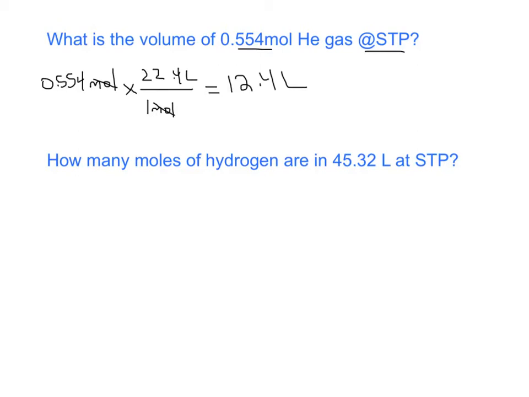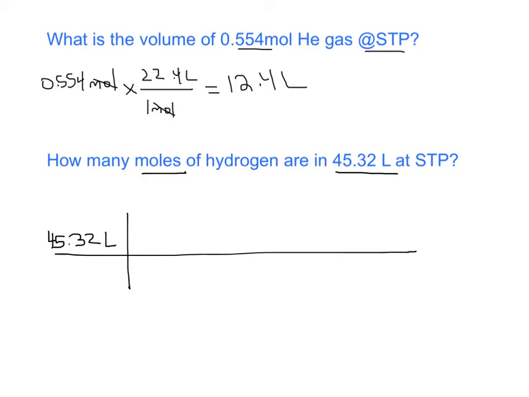All right, so now in the next one, we're going to reverse it. We're going to ask how many moles you have if you have this many liters of hydrogen gas at standard temperature and pressure. So again, we set up our given, 45.32 liters. And then you have to do your conversion factor. Since liters was given, you have to put liters on the bottom, so that's 22.4 liters. And then, of course, 1 mole on the top. This now converts us into moles. And using proper sig figs and checking our units to make sure they cancel properly, we find out that we have 2.023